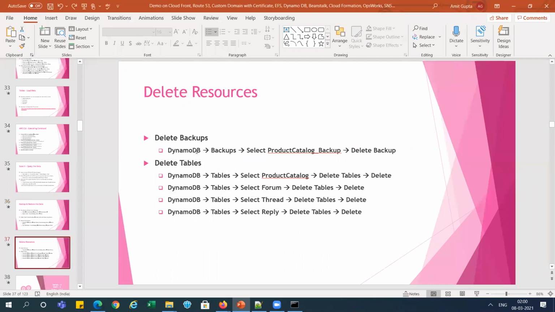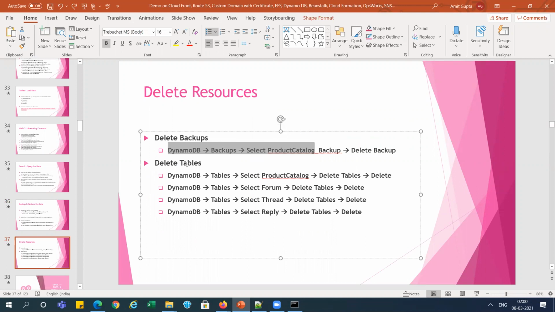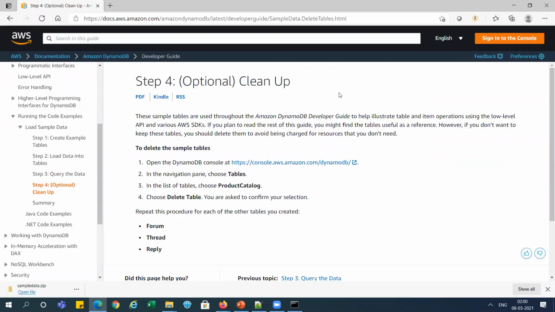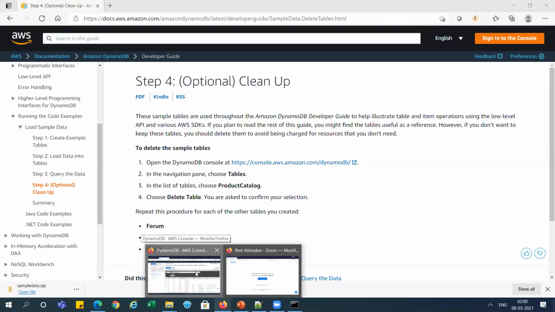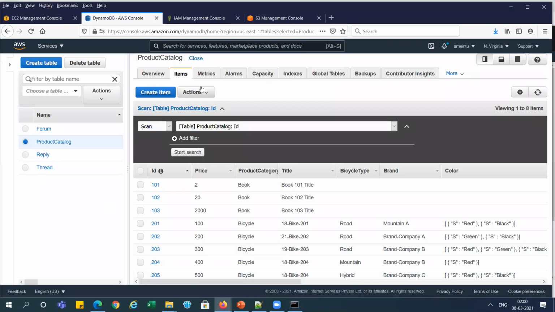Next, we need to delete the resources. First we will delete the backup, and after that we will delete all those tables. DynamoDB is a very simple service provided by Amazon. I've told you how to add the data, restore it, search, and back it up also.